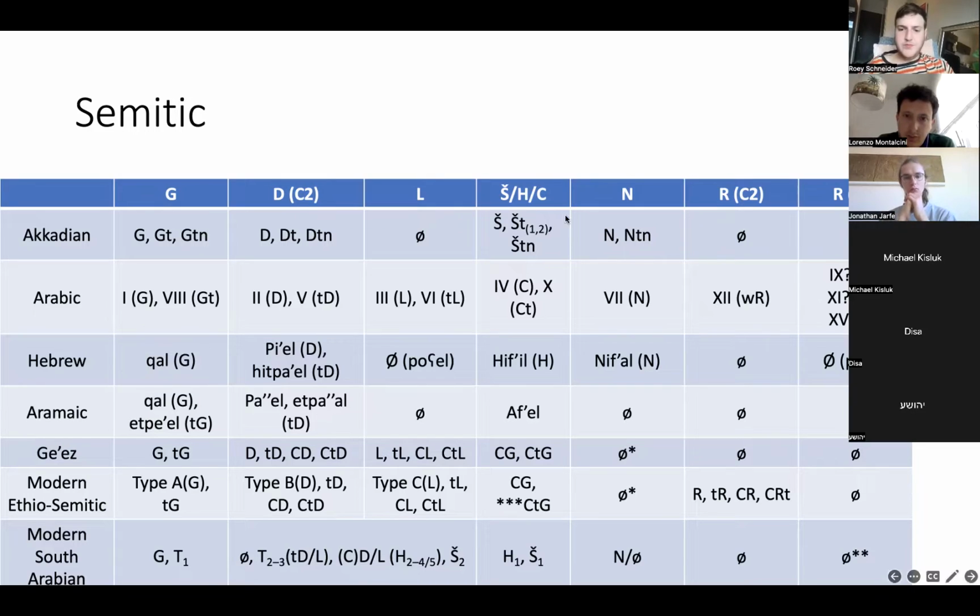Okay. The other stems in general are simpler. The N stem is specifically a little bit leaner because it does not have such a rich paradigm of derived stems. It doesn't have any derived stems. So the N stem is inherently passive or reflexive. So there is no NT, for example, in Akkadian. There is no NT in Arabic. So just the N stem and the iterative N in Akkadian. In Arabic, it's the seventh form, infa'ala. In Hebrew, nif'al. Aramaic does not have the stem, which is very, very interesting.